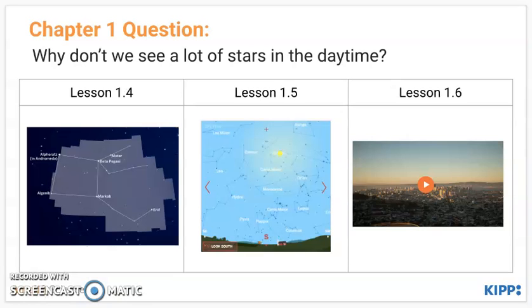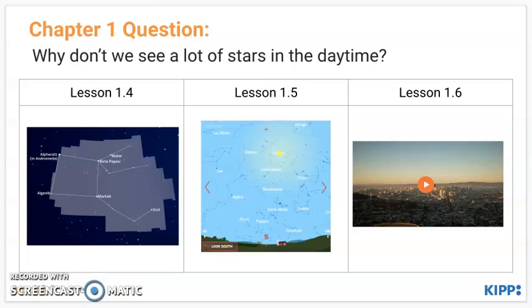In Lesson 1.4, students complete an investigation on the sim to find distances to stars in the Great Square of Pegasus. Through a class modeling activity, students will be able to discover that stars are very far away in all directions. They also find that the sun is a star in our solar system and it's the closest star to Earth. In Lesson 1.5, students investigate the question, if the stars are all around us, why can't we always see